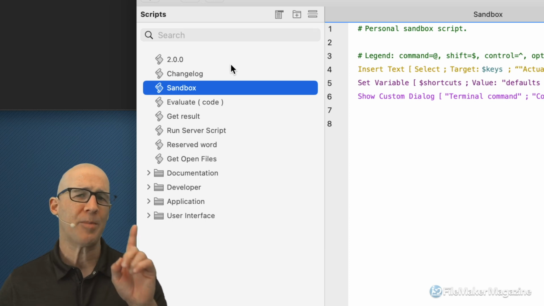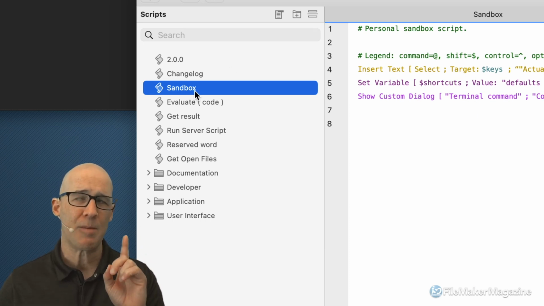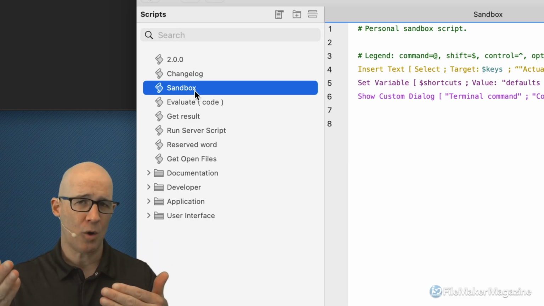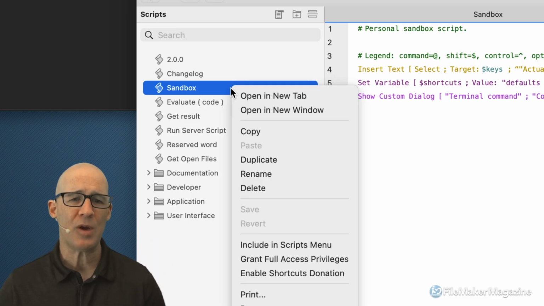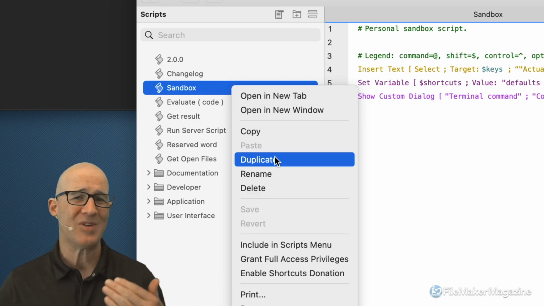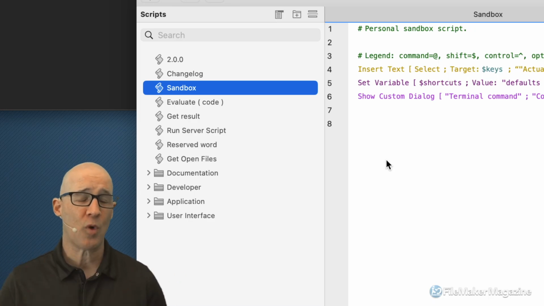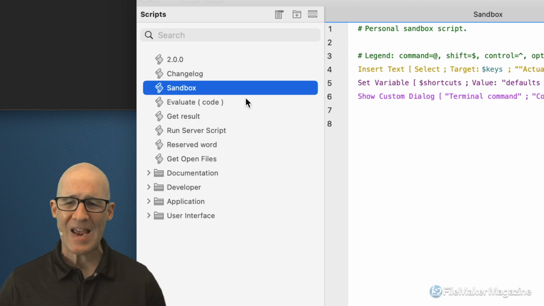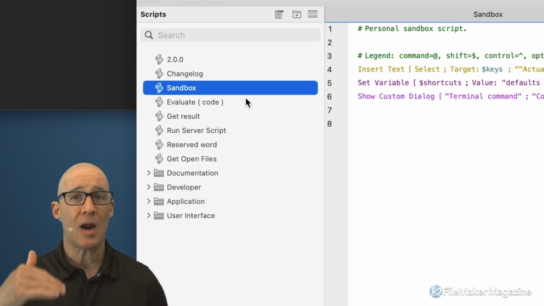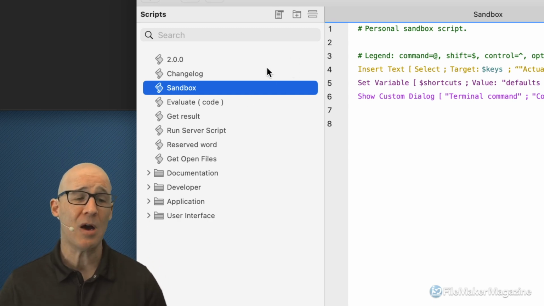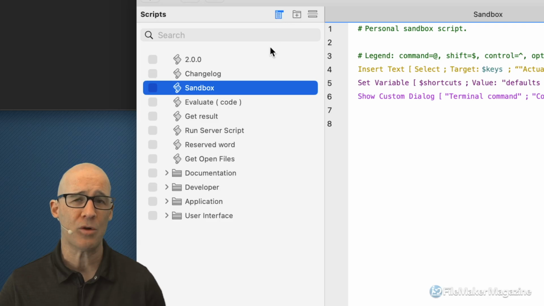But if you put a script up at the very top, and you treat this script as a place to just experiment and throw in some code, it's very, very easy to simply right-click this and choose the duplicate option, name it to what the script is, and then put that script wherever it needs to be within your organization down here below within your folders. Sandbox is the way that I code. When I have an idea and I'm coming up with a new feature, this script is always up at the top. And beyond that, what we're able to do, if I turn on the little menu here, is